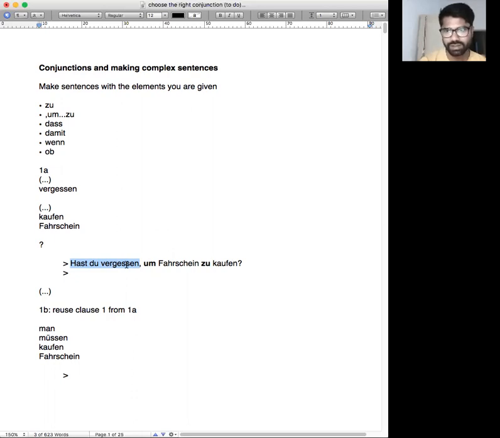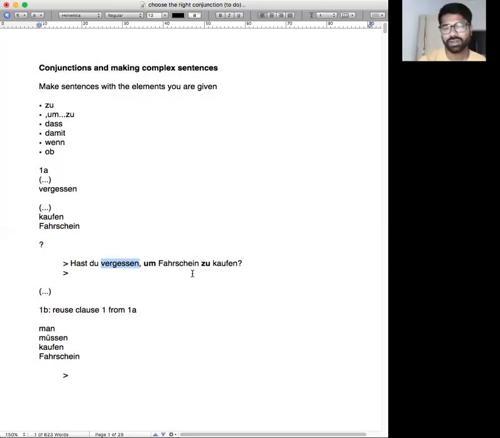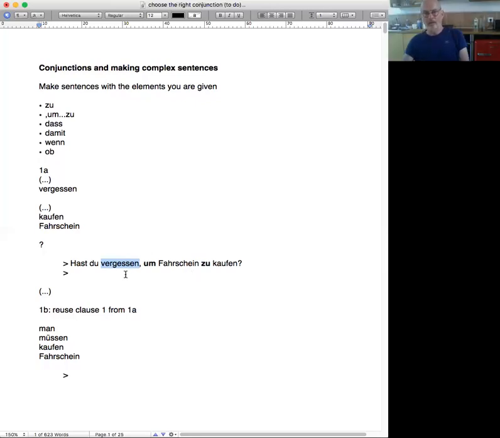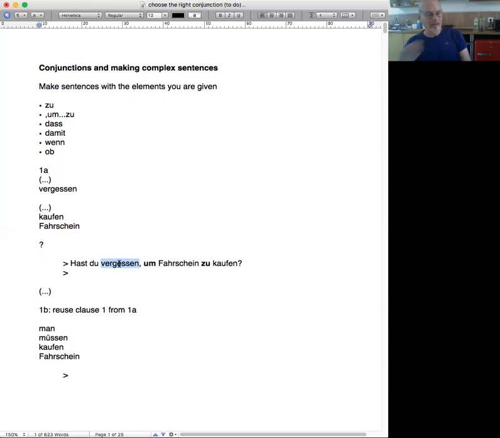Right. Was there some action in the first clause that directly allowed you to accomplish this thing in the second clause? Answer the question. Is there some action here? Yeah, so vergessen is the first clause verb that has an impact on the second clause. Would you say that forgetting is an action?